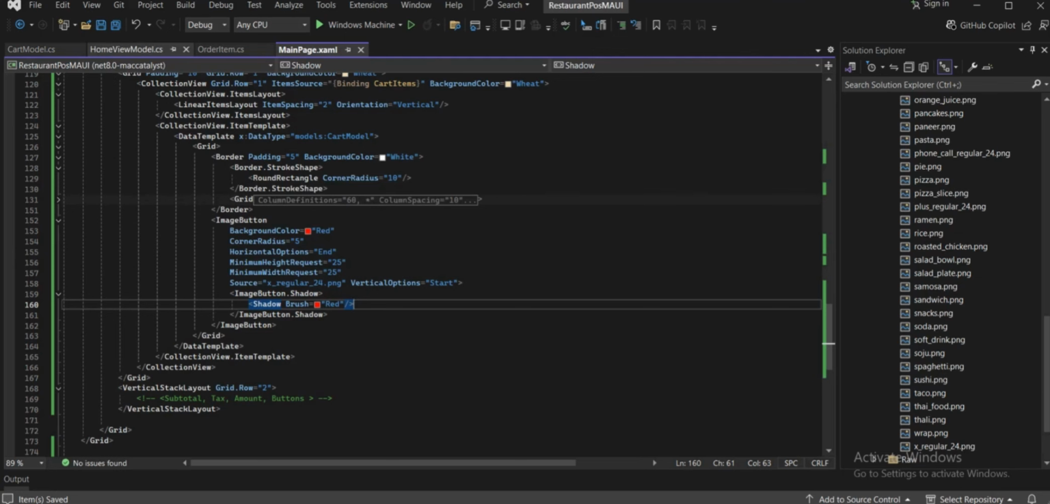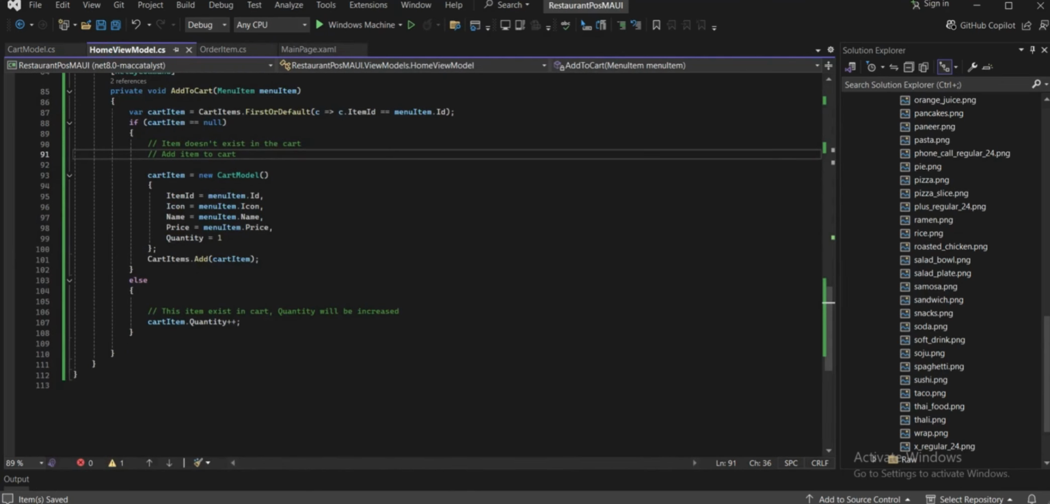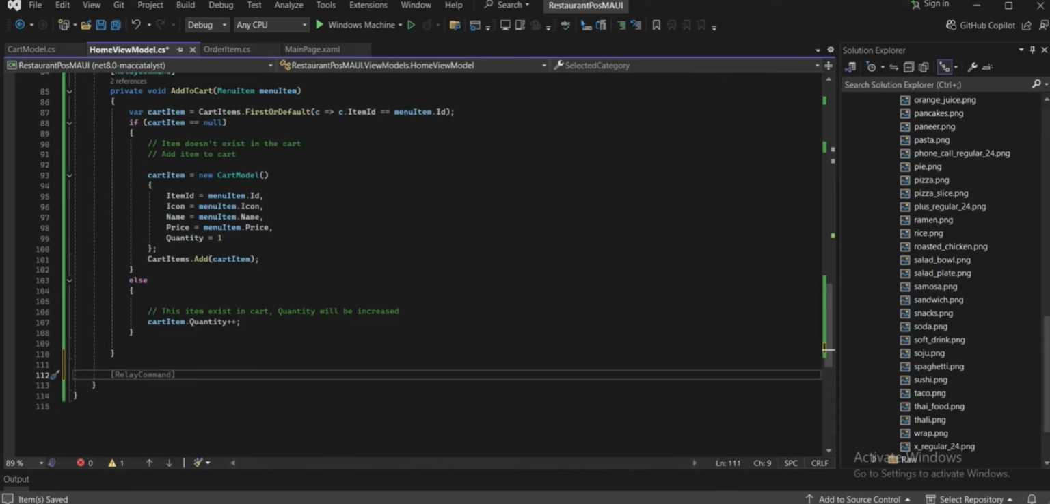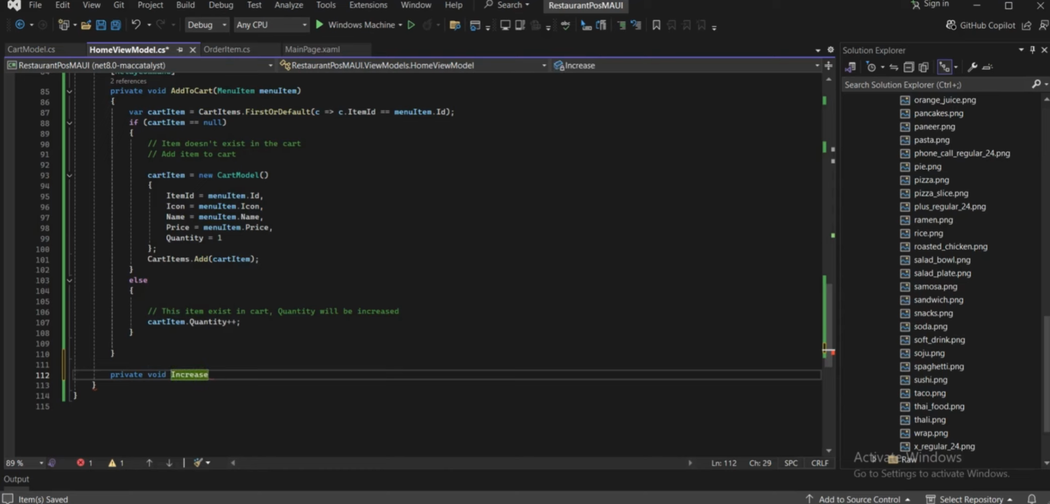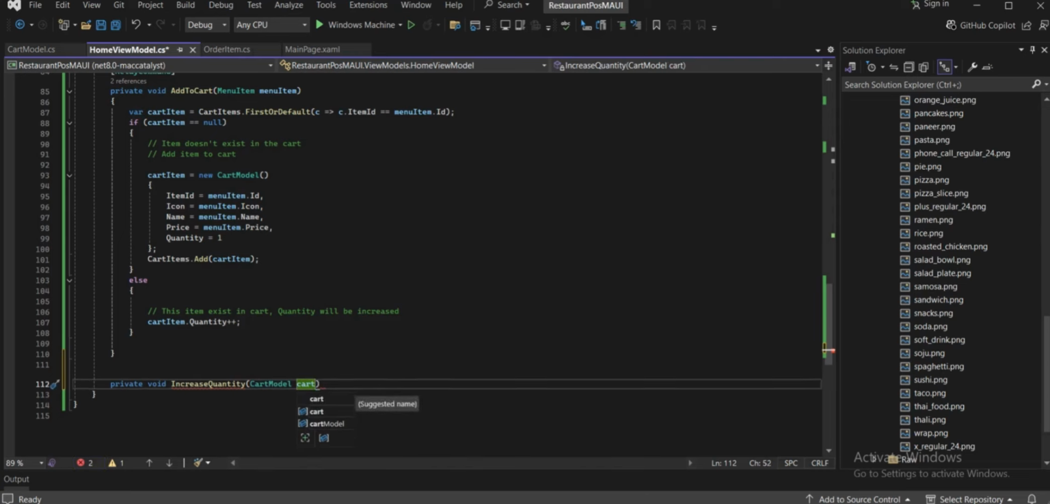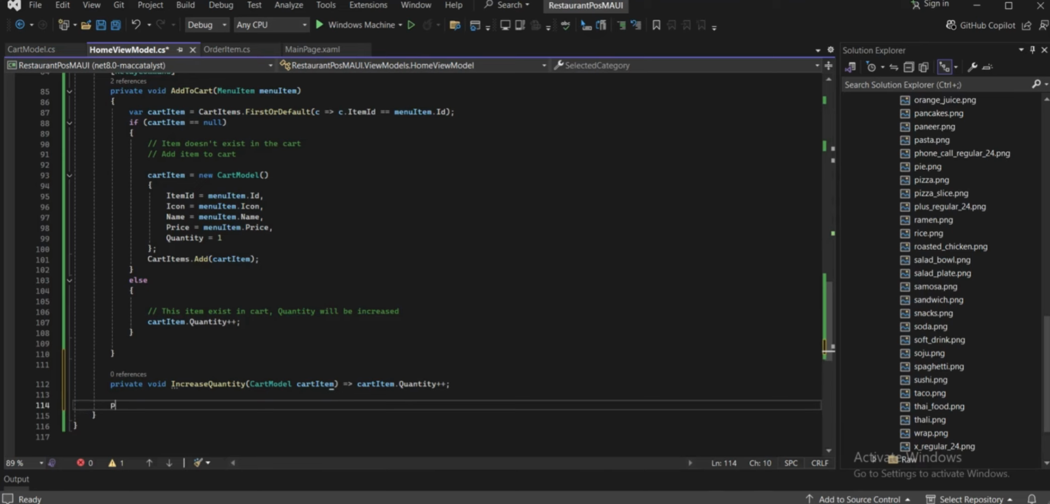After this, we just have to create the methods in the home view model. For that, we will just go to the private void increase quantity with cart model with cart item, returning the cart item dot quantity. It should be plus plus because it's the increasing quantity method, and the other which we are going to create will be our private void decrease quantity